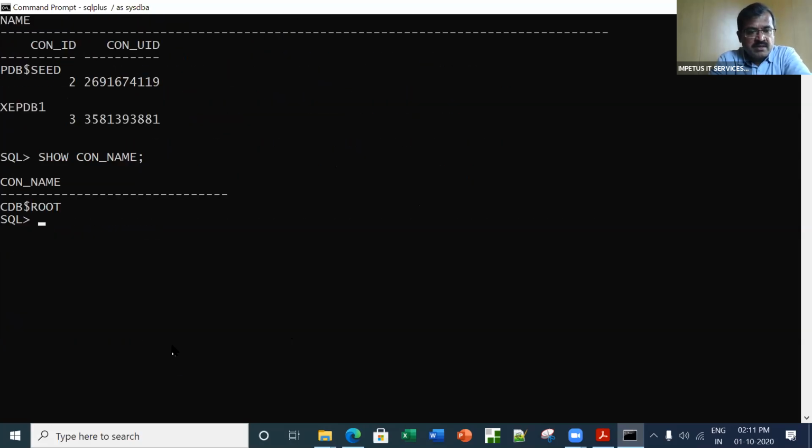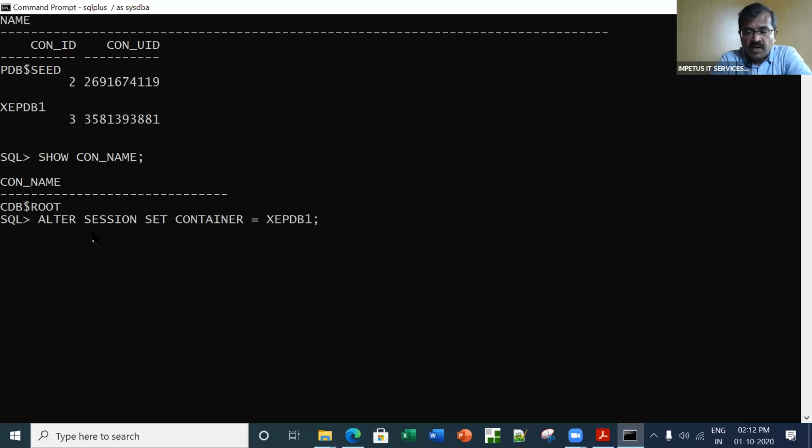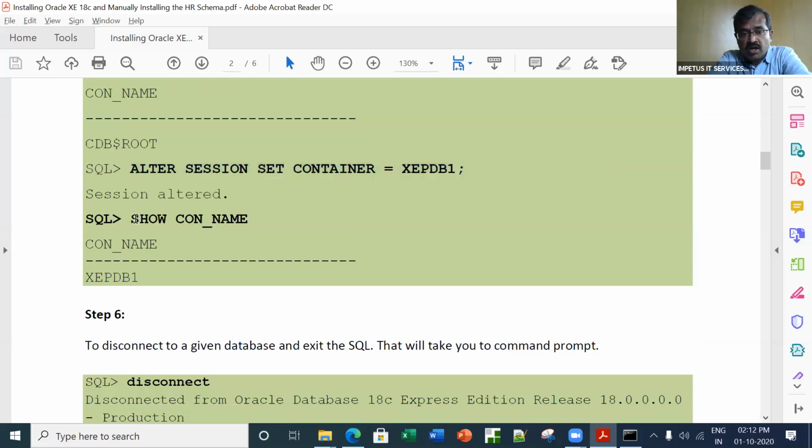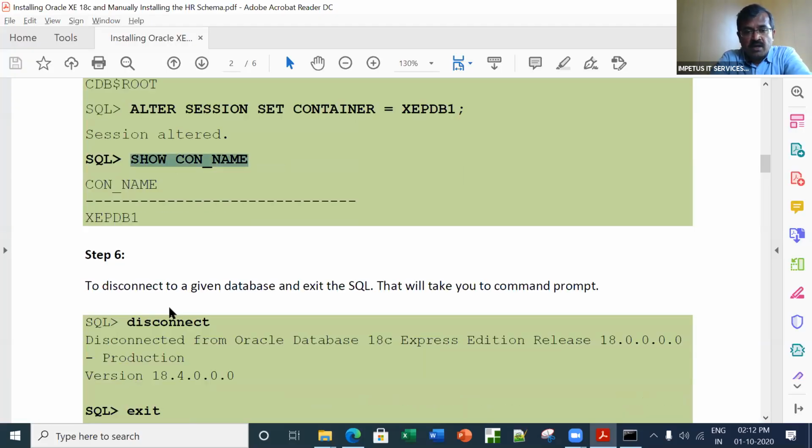So we have CDB$ROOT, fine. So I'm going to alter the session and change the session name to this pluggable database that we had. So I change the session to this pluggable database. This is something which is very important because when you are trying to activate the HR user, till before 12C, we don't really have to do that. But after 12C, it is necessary that all the sample databases are accessible through this pluggable database only. So we have to alter the session and go to that particular session. Now, if I check the name over here, we have switched our session to this one, XEPDB1.